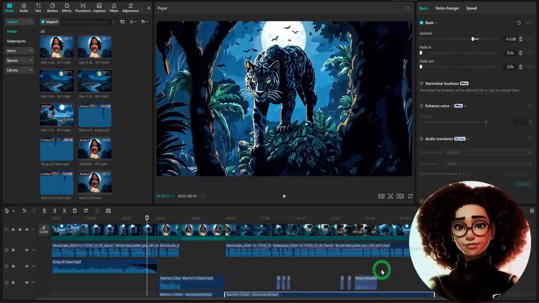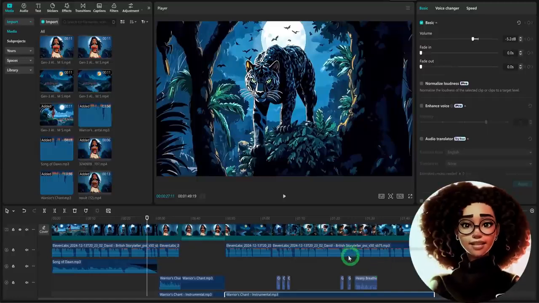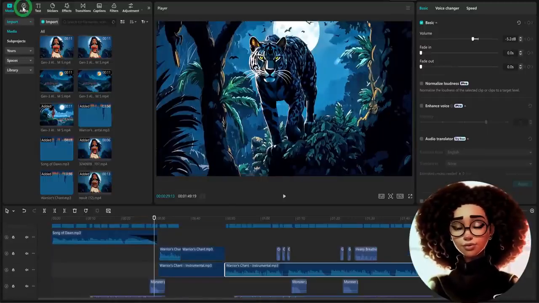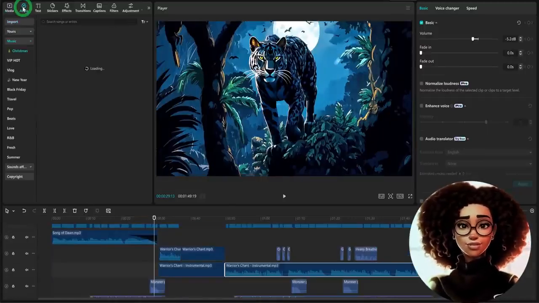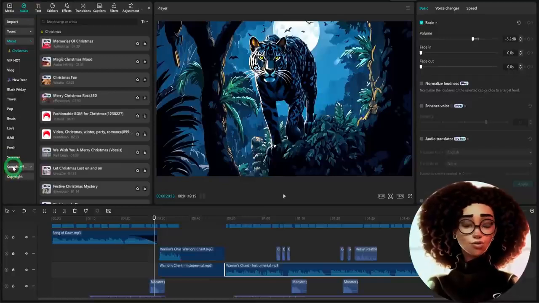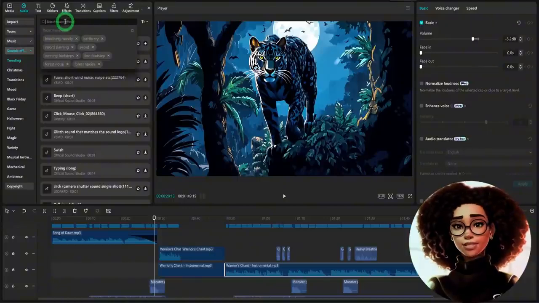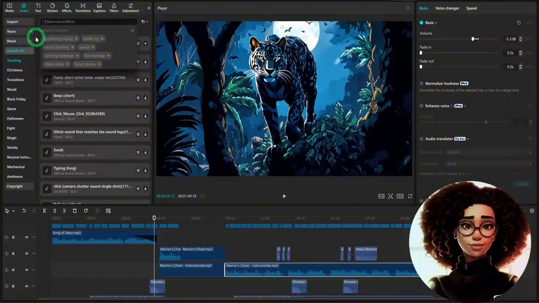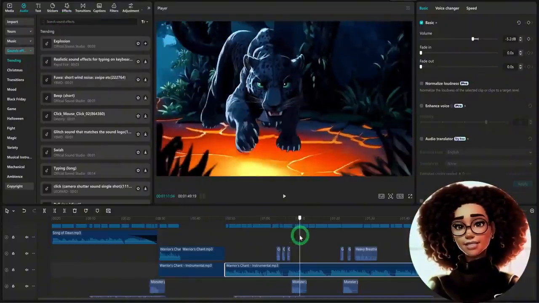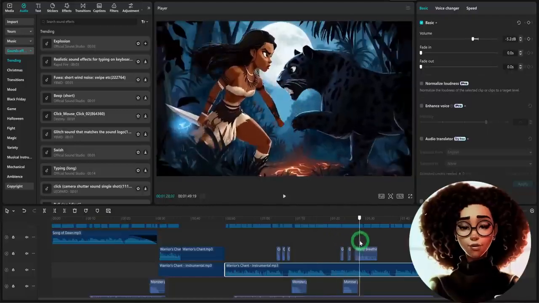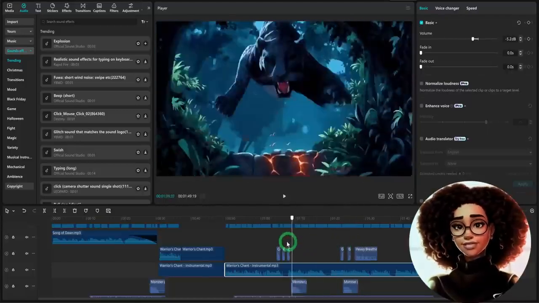First, I added the effect of the Jaguar growling. To get that, head over to audio, then go to sound effects, and here you could search for animal sounds, or you could use the one generated from 11 Labs. Then you could pull it in places where you want it to be. I used this monster growling in a couple of places where the Jaguar was being active or needed that sound